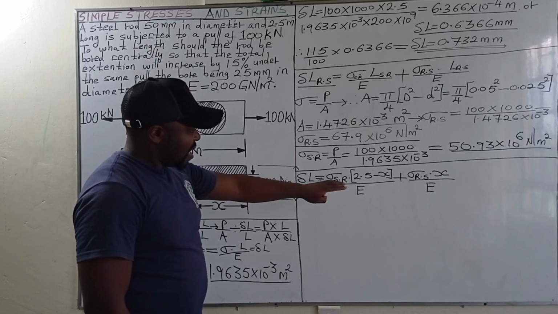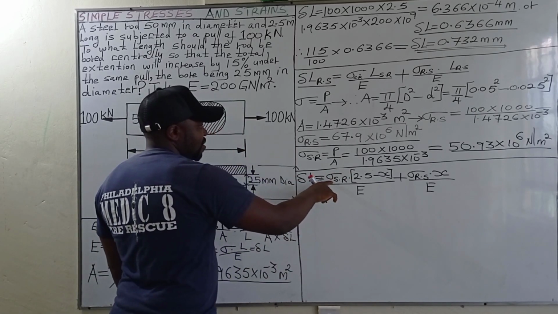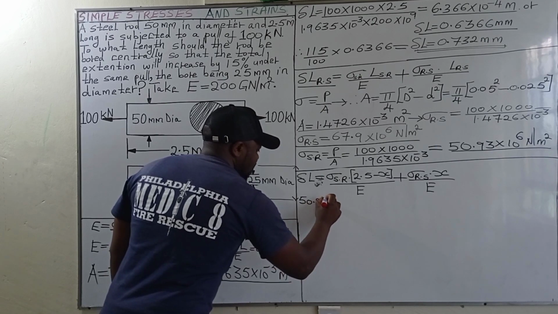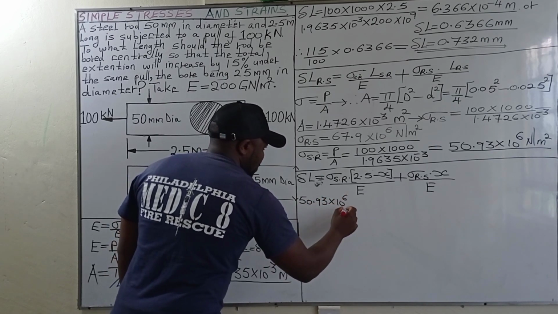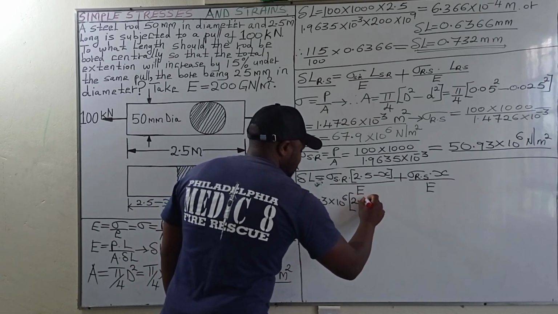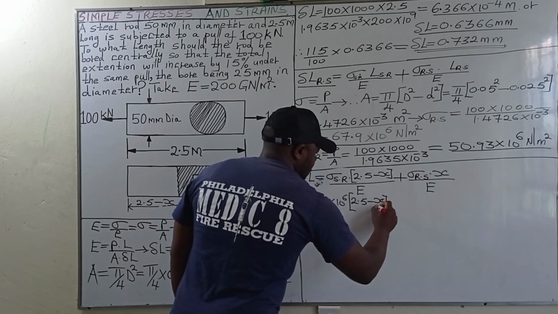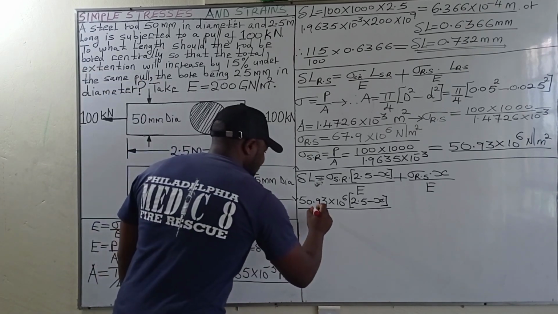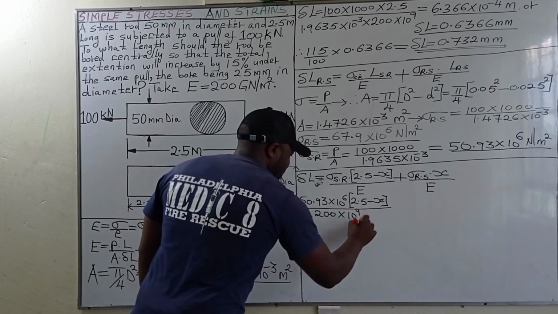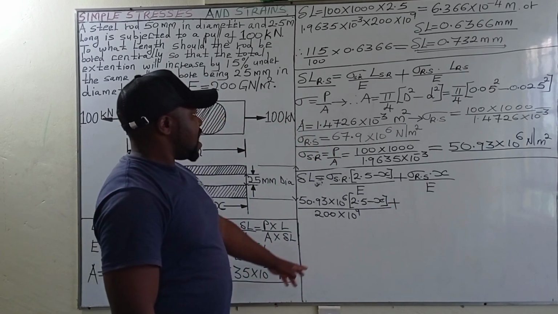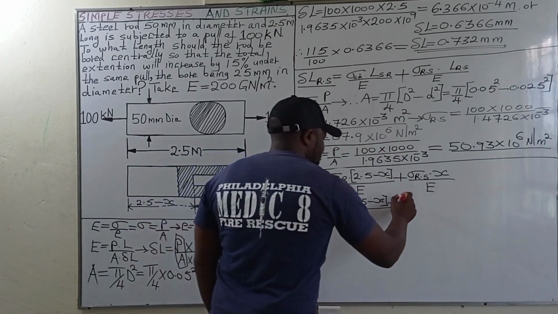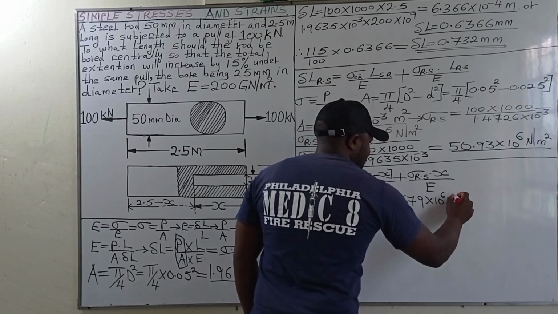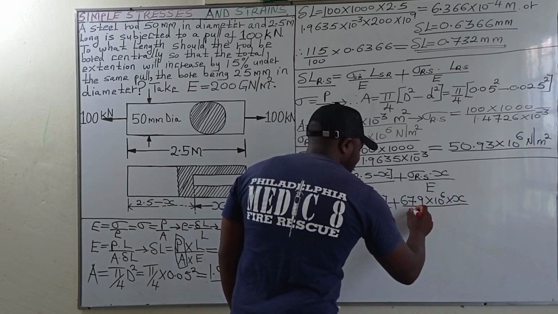So let's substitute everything in this formula. In this case, we are going to have the stress of the steel of the solid rod, this one, 50.93 times 10 raised to the power of 6 newtons per square meter into 2.5 minus x. Divide this by the Young's modulus of elasticity of steel, that is 200 times 10 raised to the power of 9. Plus stress in the reduced section, that is 67.9. So 67.9 times 10 raised to the power of 6 times x, divided by the Young's modulus of elasticity of steel,